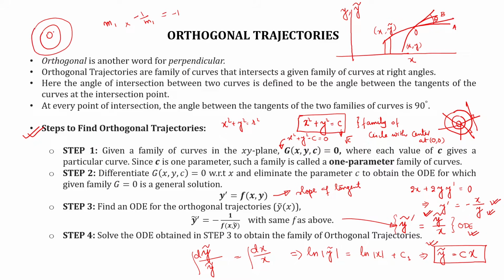All the circles have a common property that they are centered at the origin 0, 0, and the corresponding orthogonal trajectories are straight lines with varying slope, because by changing the value of c, we can obtain straight lines of different slope like this. But these have the property that those straight lines pass through the origin, or the center of the circles. So we see that what we guessed originally, we found the same thing by following these steps.